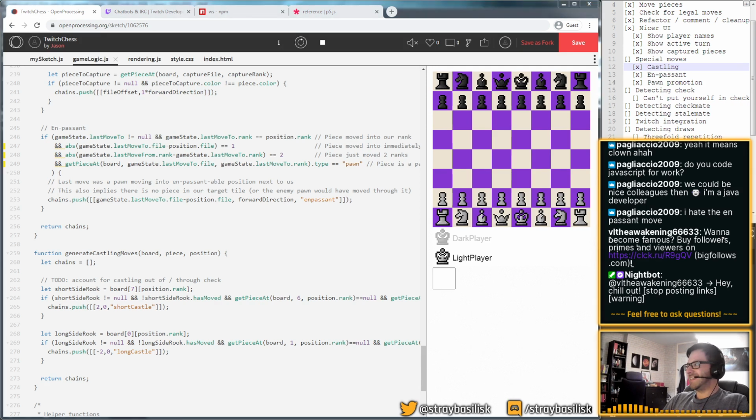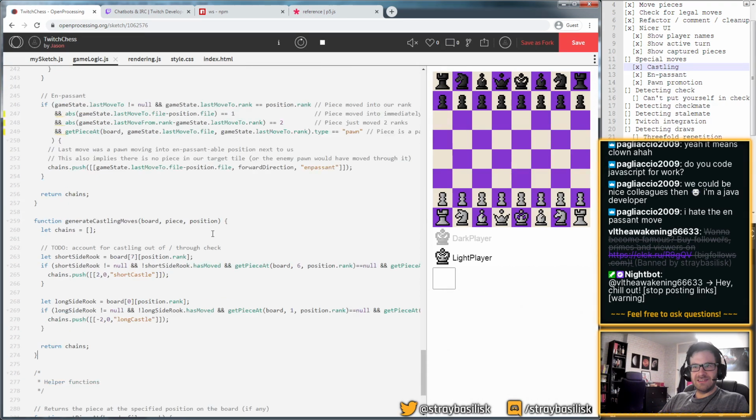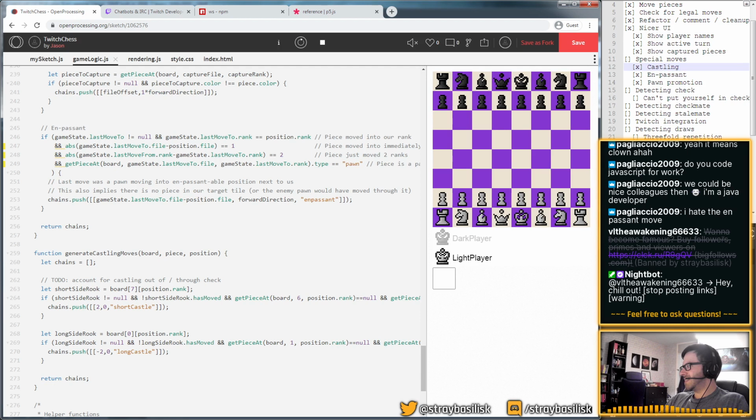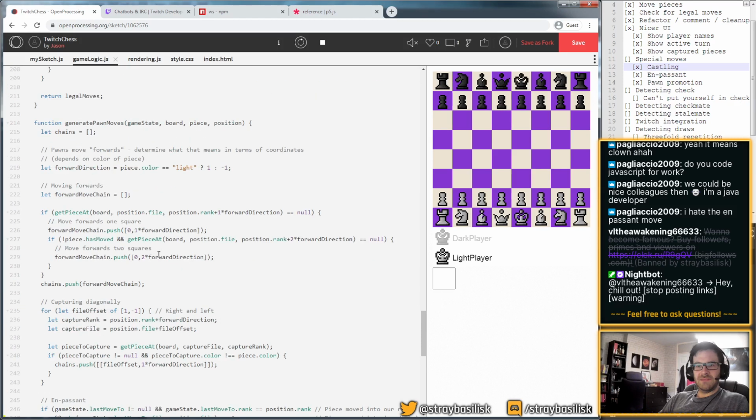Hey, my Nightbot is successfully killing some of the spam. Awesome. How do I just get rid of this thing entirely? Bye-bye, spambot. Cool. Yeah, I was playing around with the link filtering stuff in another recent stream we had. It seems to be working okay, although I wish it actually just cleared it out of the chat. I guess you can still see it's just crossed out now. Okay, whatever. Lost my train of thought there.